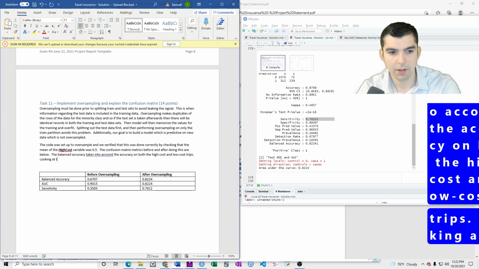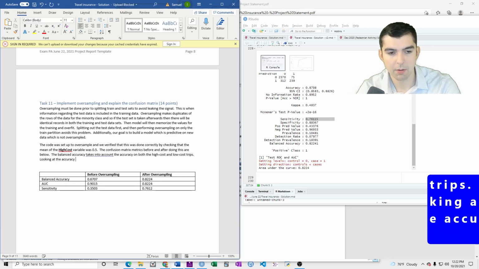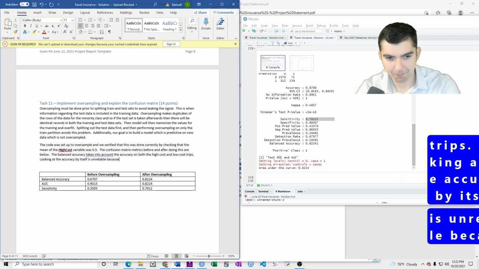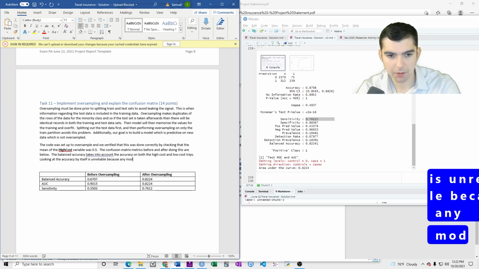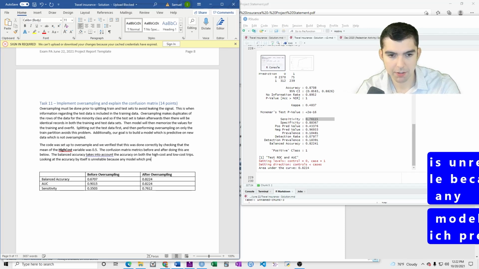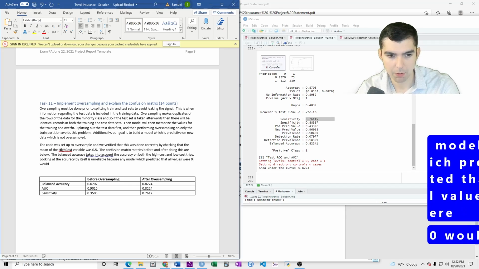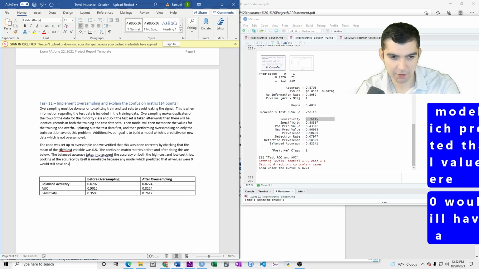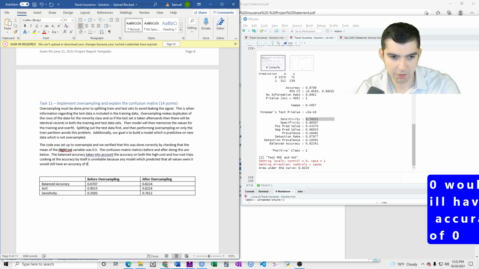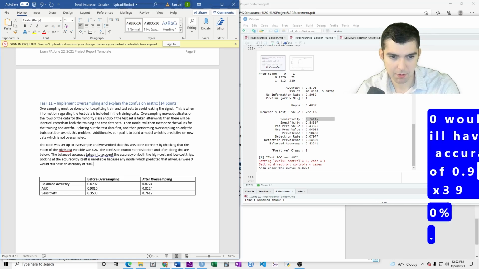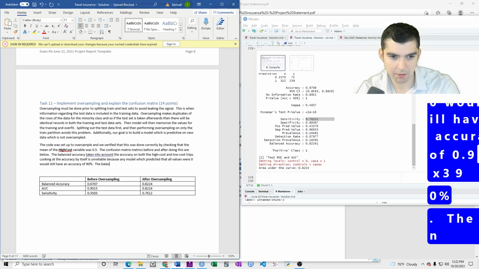Looking at the accuracy by itself is unreliable, because any model which predicted that all values were 0 would still have an accuracy of 90%. The balanced accuracy,